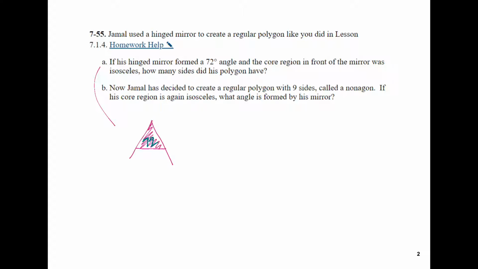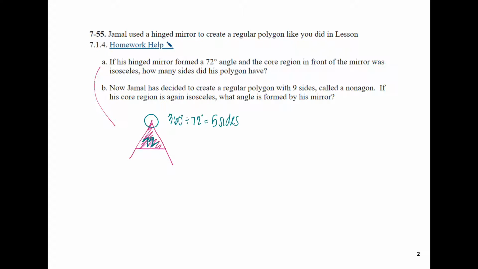Well, if we look at the distance all the way around, we know that that is 360 degrees. So if we divide 360 degrees by 72 degrees, we get that the polygon had 5